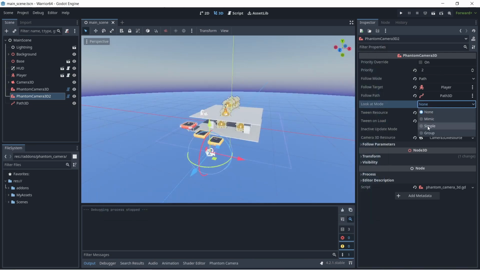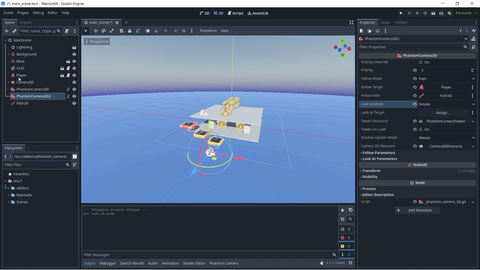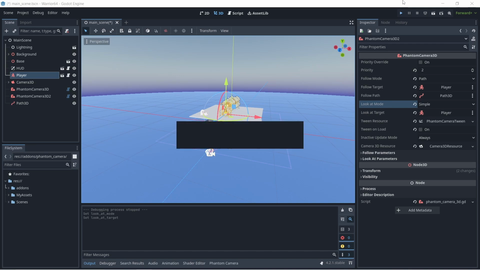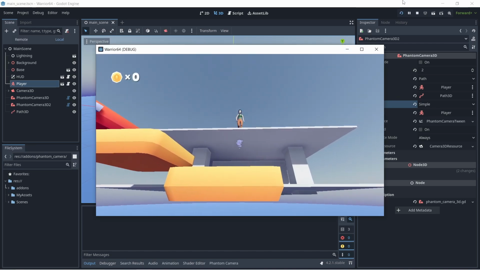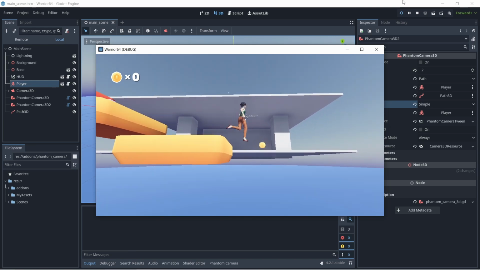So the look at mode, of course, simple. That's what is important, that there are two different things: follow the target, and looking at the target. So yeah, now of course I'm looking at the target,